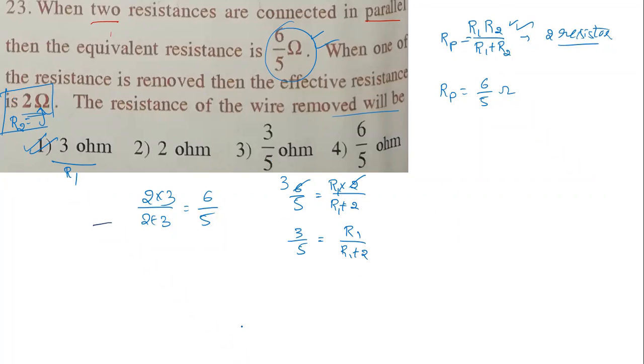Taking the reciprocal, it becomes R1 plus 2 by R1 equal to 5 by 3. So I'm going to do cross multiplication: 3 times R1 plus 6 is equal to 5 times R1. So I'm going to take this side, which will become 6